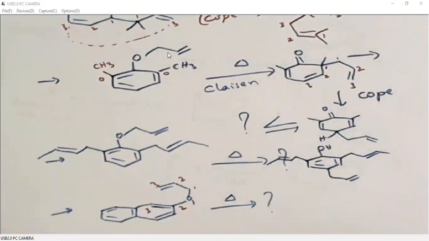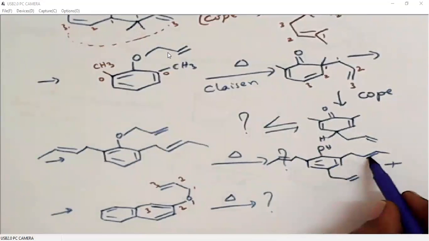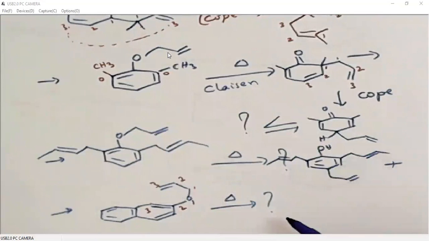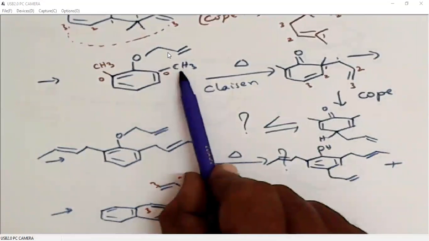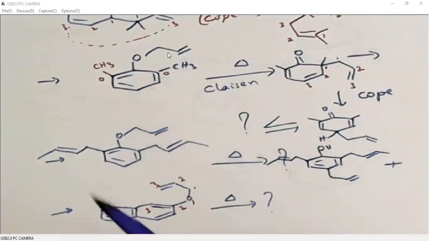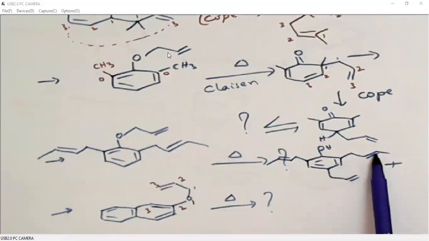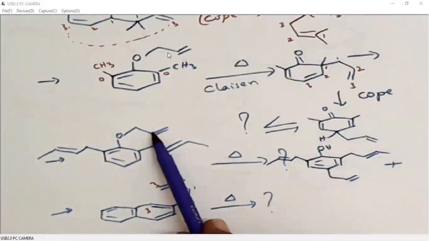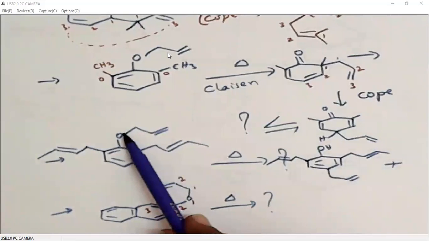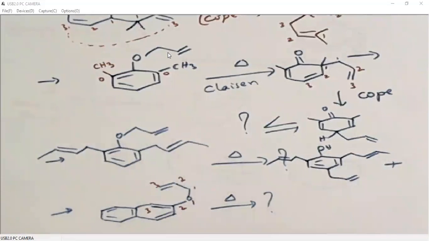Fine. But you see, this group is also an allylic system, so this can also be involved in Cope rearrangement, right? In the previous case, we have just an alkyl group, so it will not be involved in Cope rearrangement. But here what we have is an allylic system, so it is a potential moiety for involving in Cope rearrangement. So instead of this allyl group, first it undergoes Claisen so that it generates... I'll write the intermediate, okay. Then I'll explain the product.